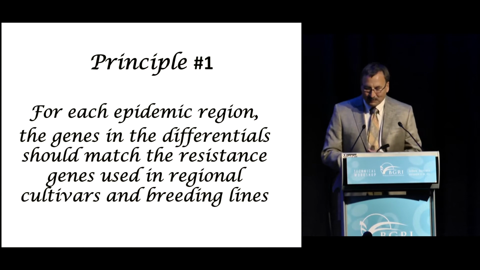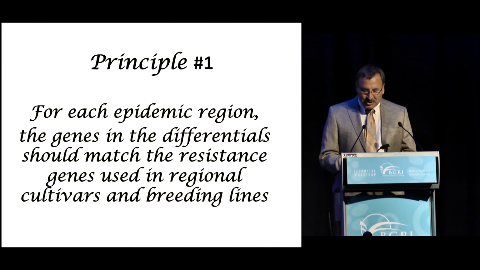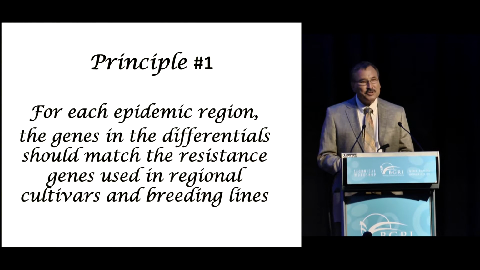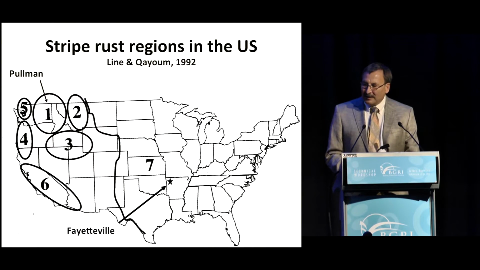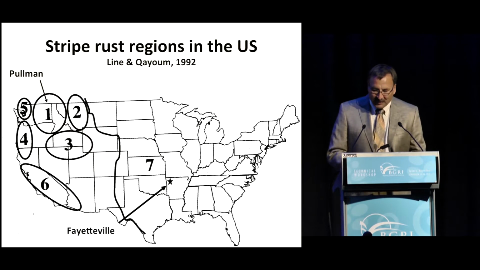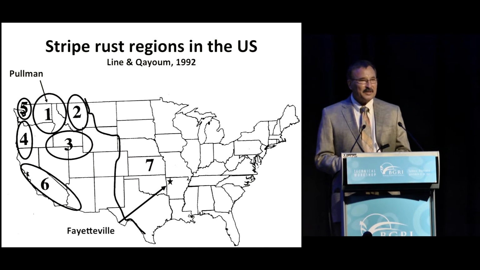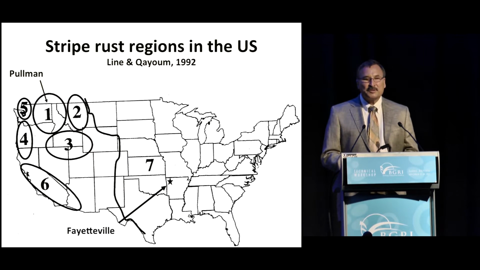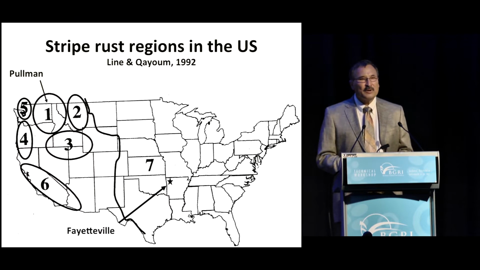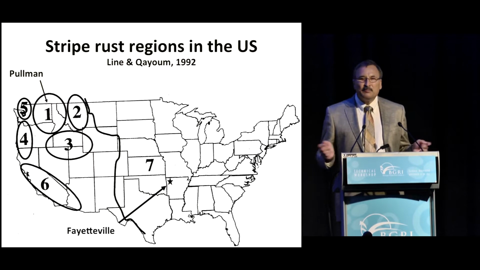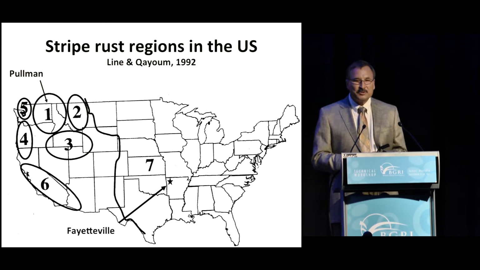Principle number one: for each epidemic region, the genes and differentials should match the resistance genes used in regional cultivars and breeding lines. Now, I work with stripe rust, and in 1992, Line and Guillaume identified 7 regions for stripe rust in the United States. Regions 1 through 6 are west of the Rocky Mountains, where stripe rust epidemics were common, and region